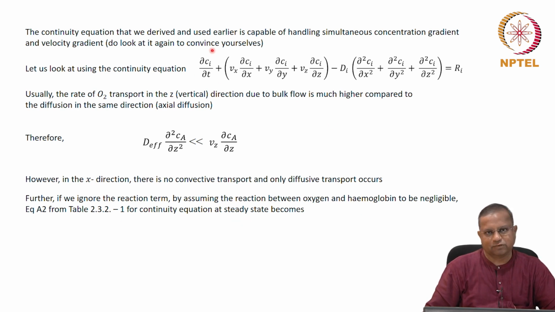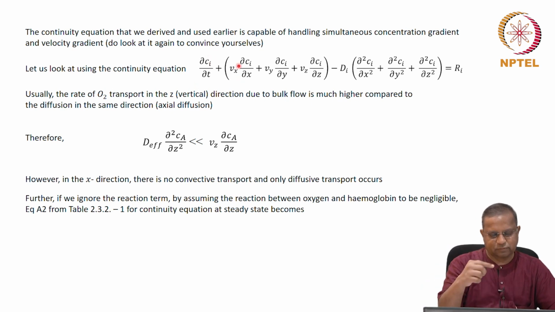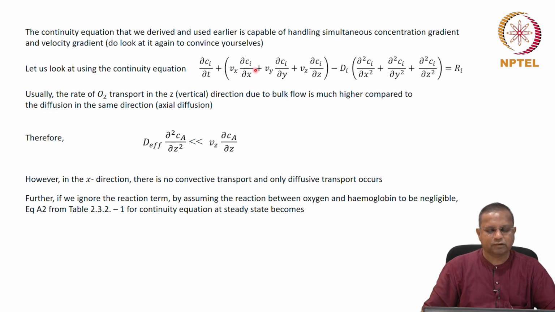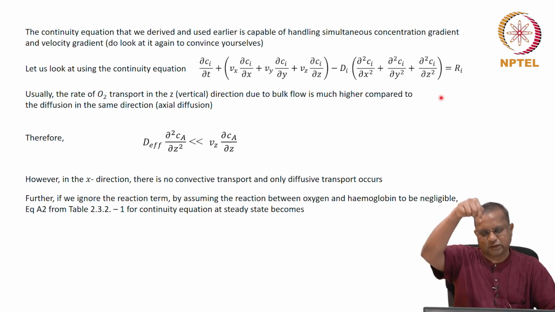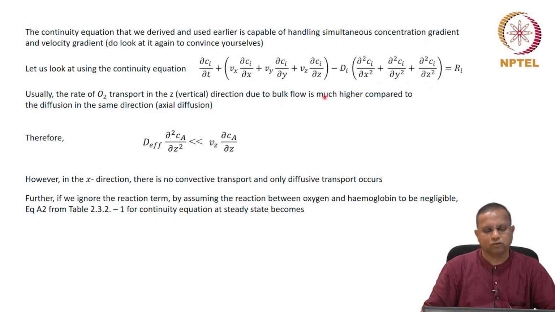At steady state, the time derivatives are set to 0, so the first term goes to 0. There is no Vx, there is no x component of the fluid velocity. There is, of course, no Vy, there is no motion in this direction. There is only Vz, but Vz, of course, remains. That's much greater than this also. So this remains. This term, of course, is there because there is diffusion in the x direction. This is the x direction. So this stays. There is no diffusion in the y direction, and this term we have ignored in comparison with this term. Okay, and of course this is set to 0.